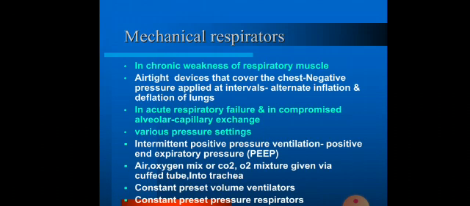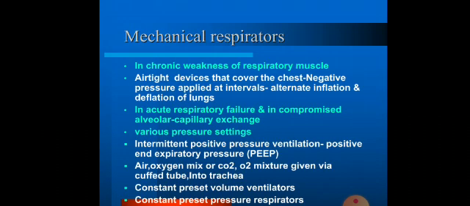So whenever there is a chronic weakness of the respiratory muscle, the mechanical respirators involved are airtight devices that cover the chest, which is the negative pressure applied at intervals. Alternate inflation and deflation of the lungs is done. I think that one line speaks about what exactly is done in mechanical respirators when there is a chronic weakness